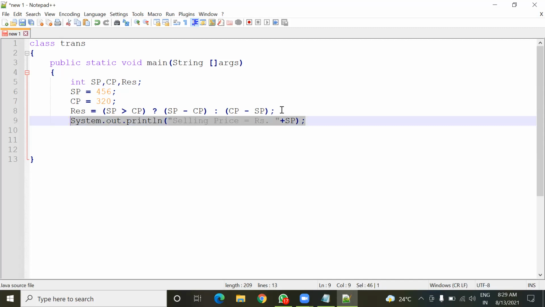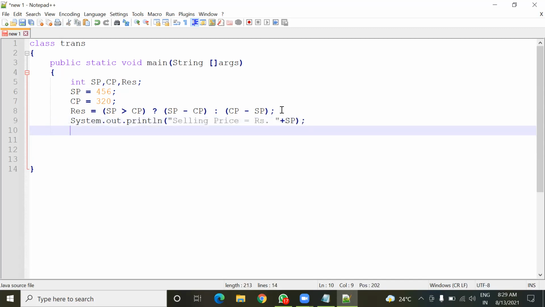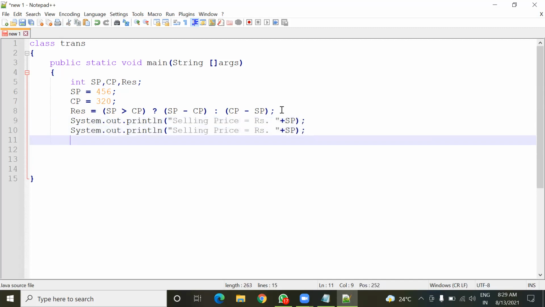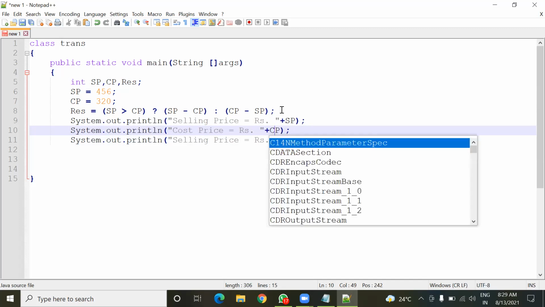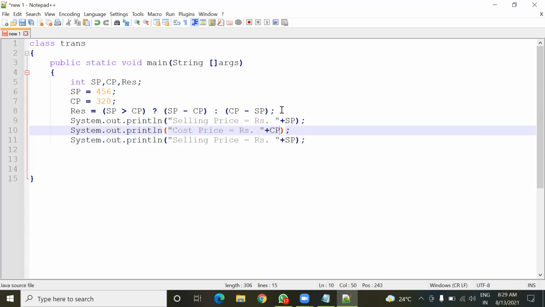I'm going to copy this line and paste it 2 times. Now I'll change the message: cost price, and it is stored in the cp variable. That is why the cp variable will be used. And there is a problem in this program: we can't find out whether it is profit or loss.